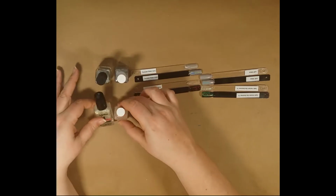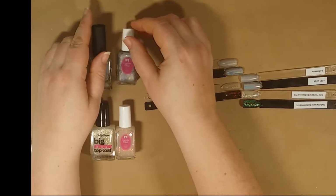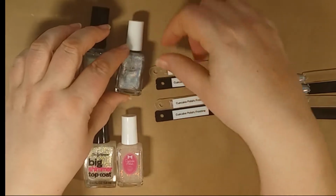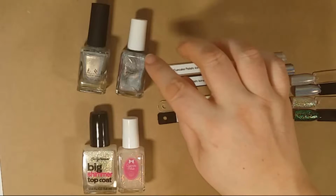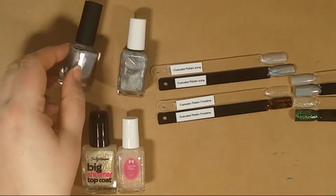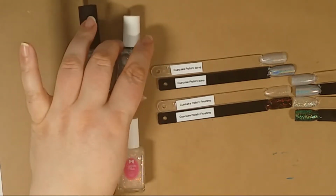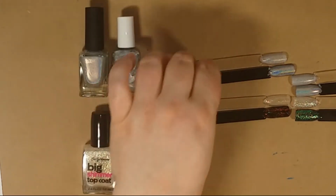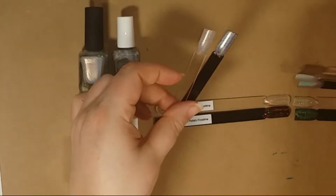So you can see we have our Cupcake Polish icing, which is that holographic, linear holographic. It's listed as a top coat, or it's advertised as a top coat, and it made me think of this ILNP Mega, and I was just curious how they compared. I don't have a lot of these things, but I was just curious, so I went ahead and did a swatch of Mega off camera,